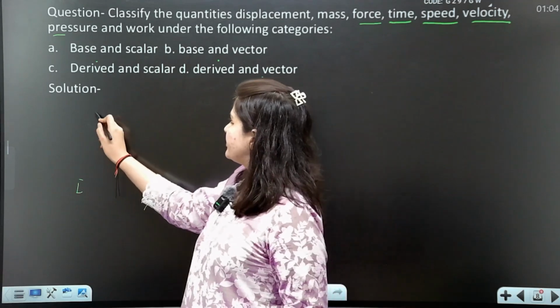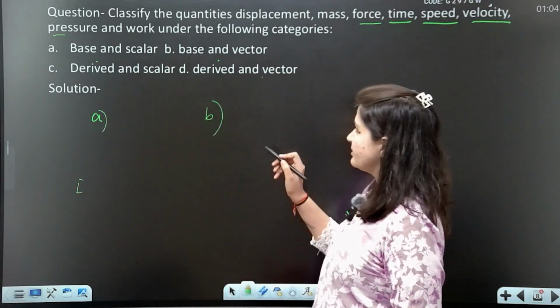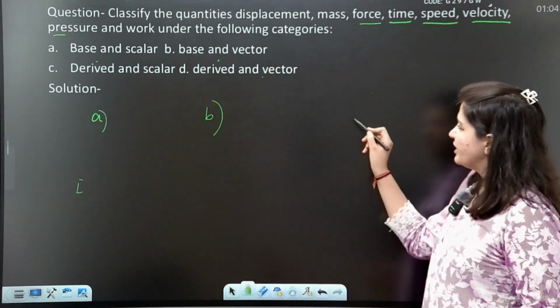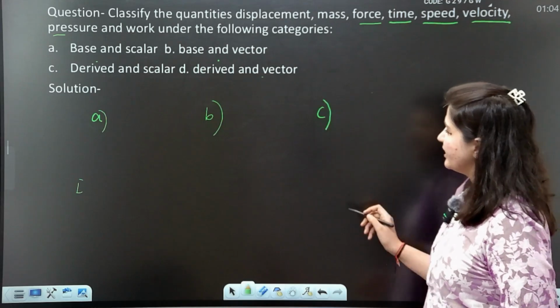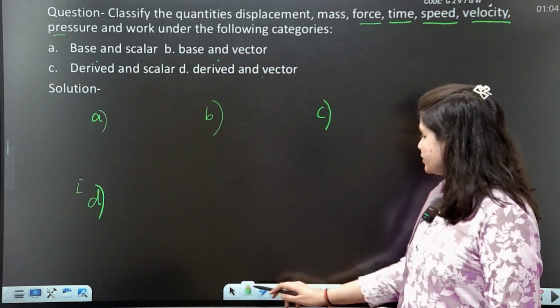So we have first A, base and vector, B, base and scalar, C, derived and scalar, and then we have derived and vector. So we have the first quantity,